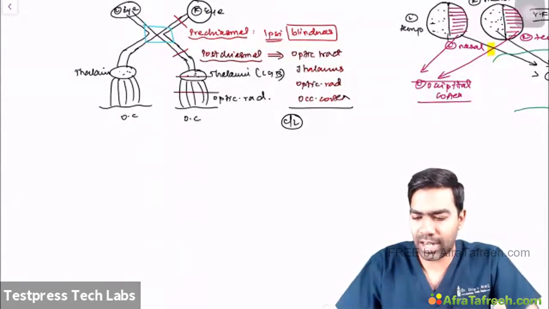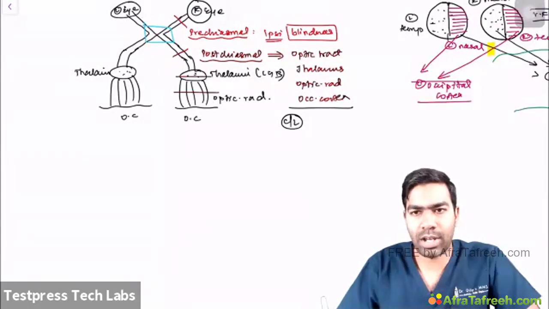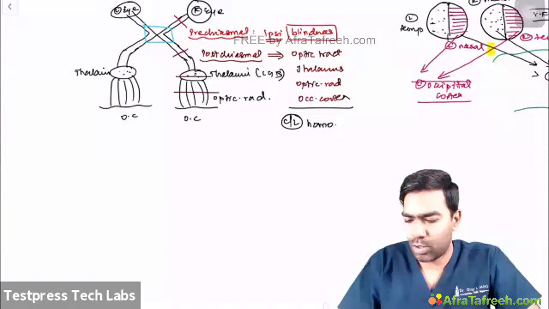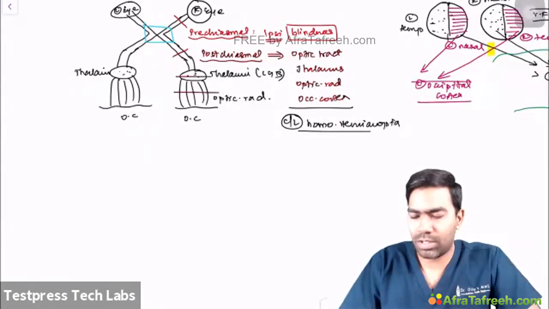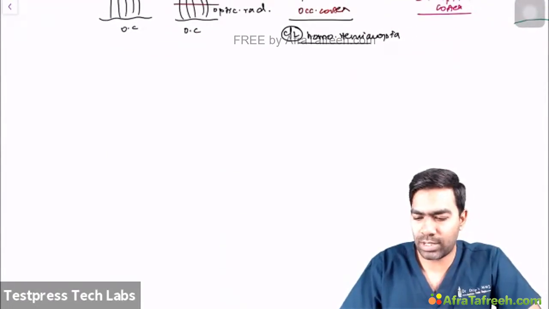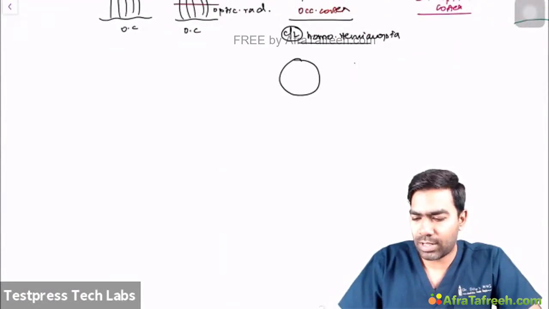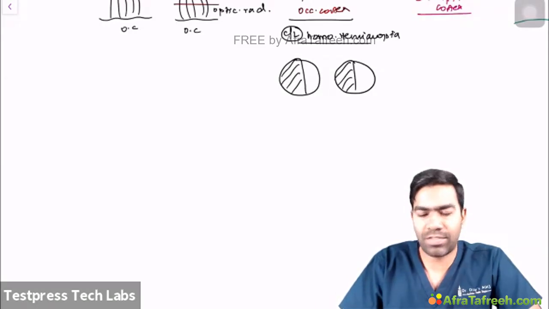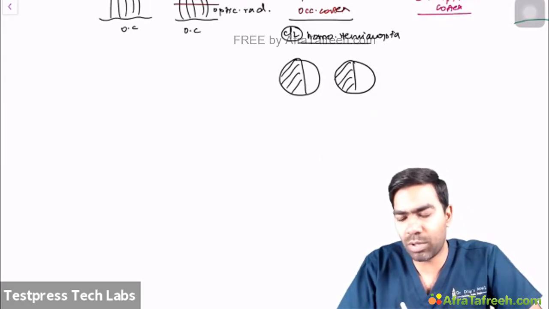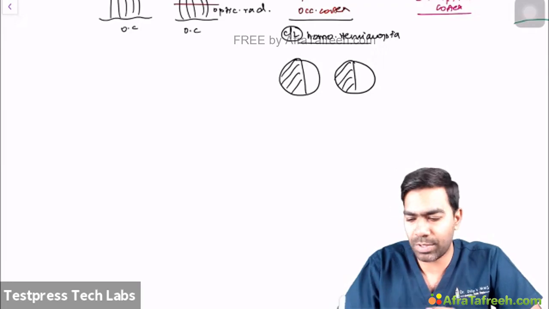For example, if this is a right-sided lesion, in this particular example I'm putting a right-sided lesion, so I'm going to have a left-sided homonymous hemianopia. Homonymous hemianopia, that is the idea. So what do you mean by homonymous hemianopia? It means you're losing vision only on one side. For example, if you have a visual field like this, you lose either the left-sided vision or the right-sided vision. So this is the typical example of losing left-sided vision,